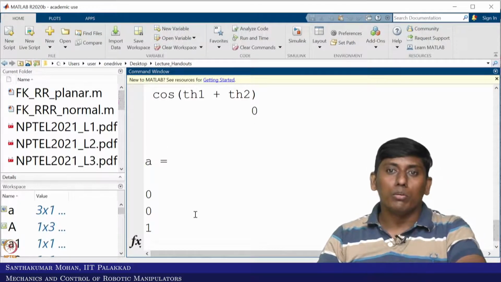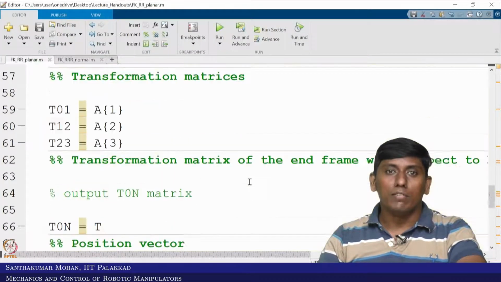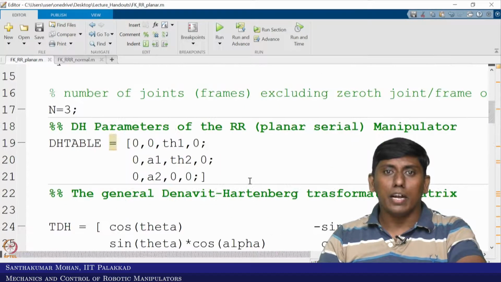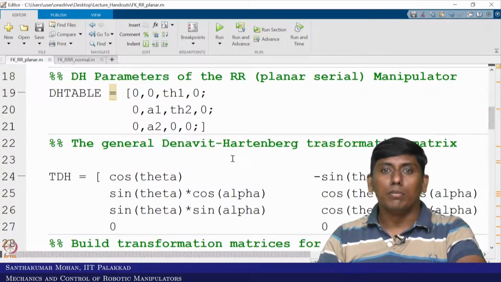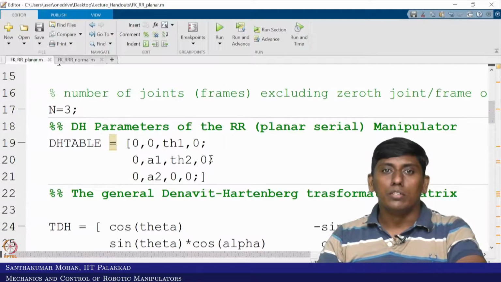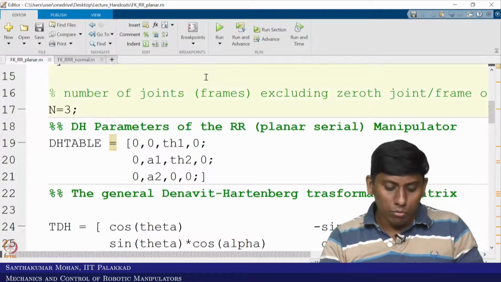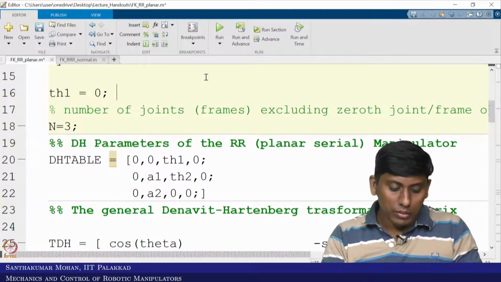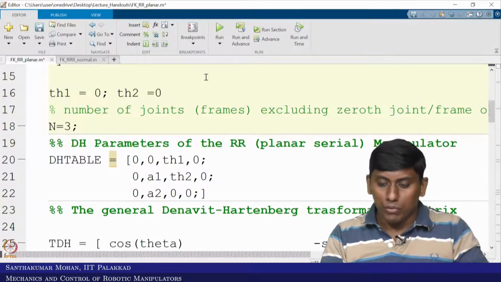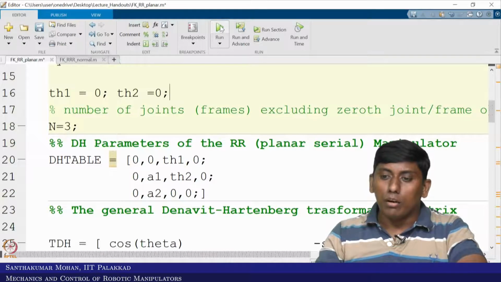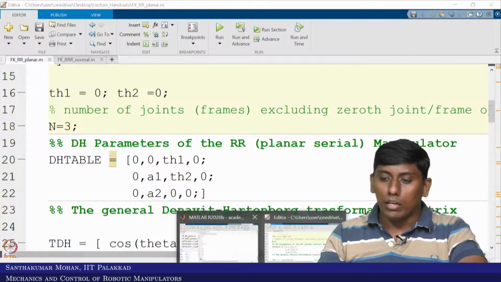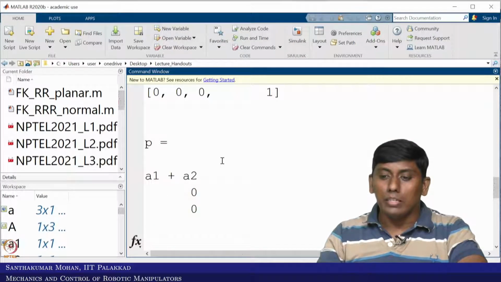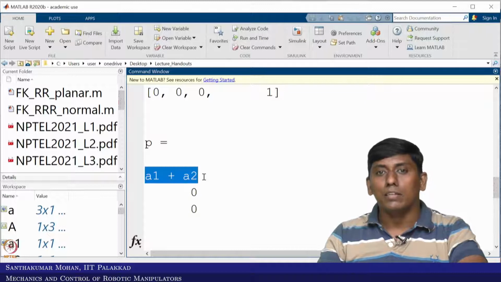Now, once you obtain this, what one is supposed to do is cross check whether the home position is matching. So, for that we take here the home position, in the sense the theta 1 and theta 2 we substitute as 0. So, I am putting theta 1 equal to 0 and theta 2 equal to 0. Okay. So, I am substituting that. Now if I substitute, it will give the home position, you can find it. Now you can see that the x displacement is A1 plus A2,